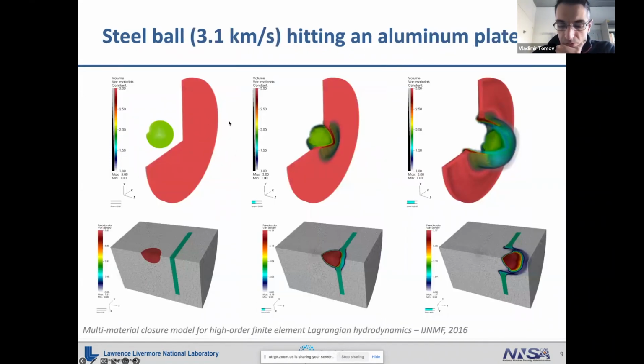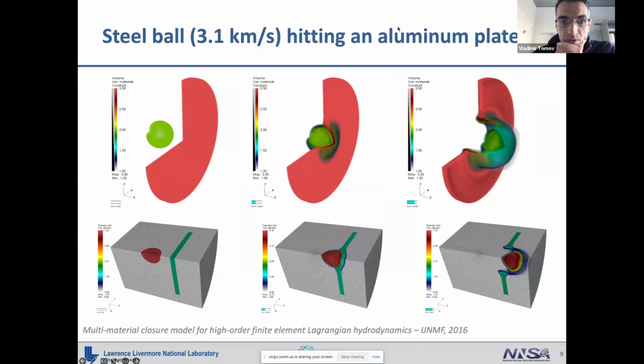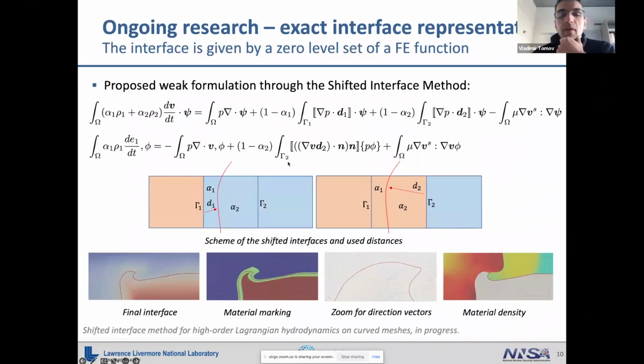And this was like 2 kilometers per second, this fire hitting the wall. And this is, again, more realistic materials, a steel ball hitting aluminum at 3 kilometers per second. All right. Now,